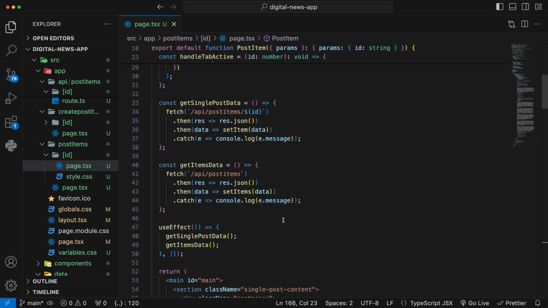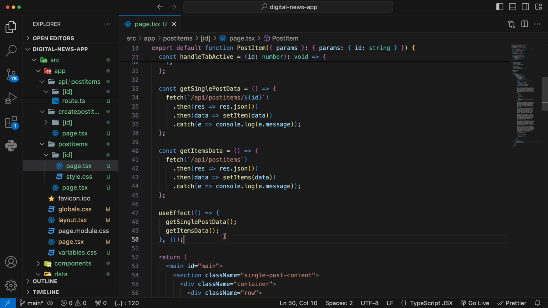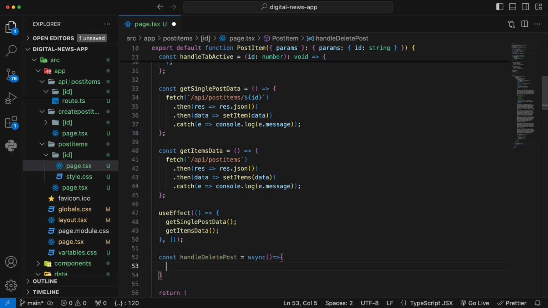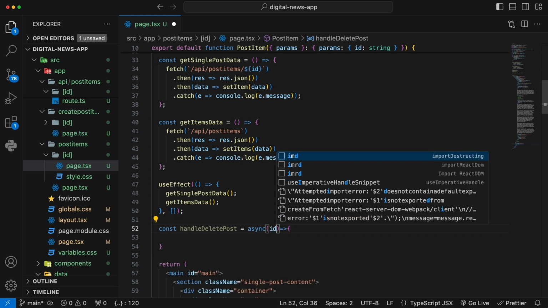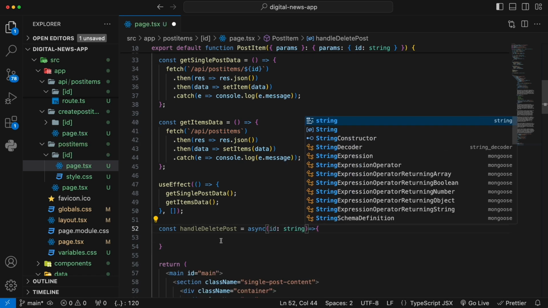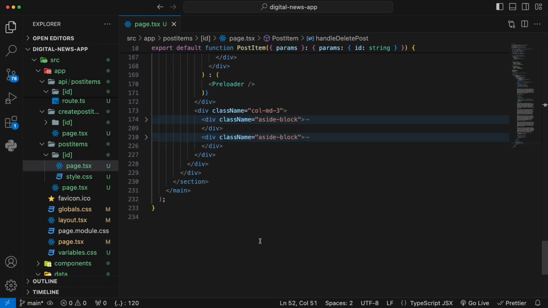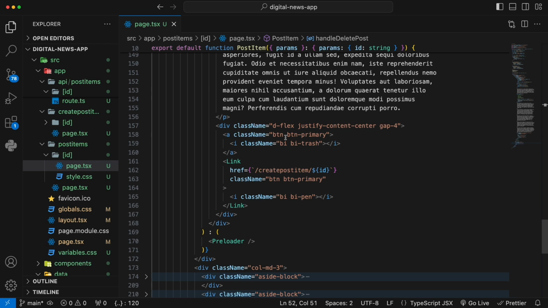So at the very top, what I will do is write a function to handle this delete event. So here I will create a const handleDeletePost, and that is going to be an async arrow function, and it will take the ID as a parameter because we need to know which one you want to delete. Okay, so down beneath, since we have that function, we're just gonna add in that function in